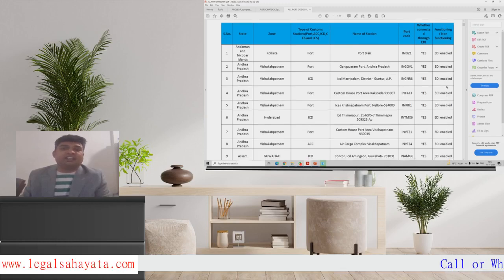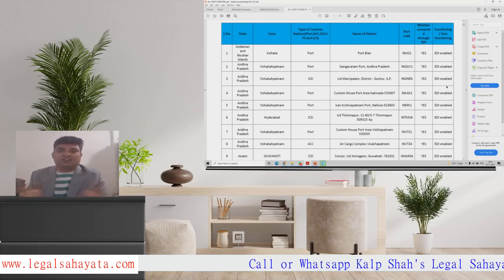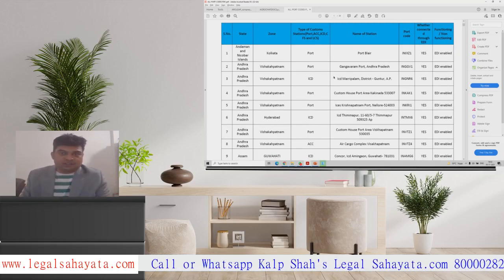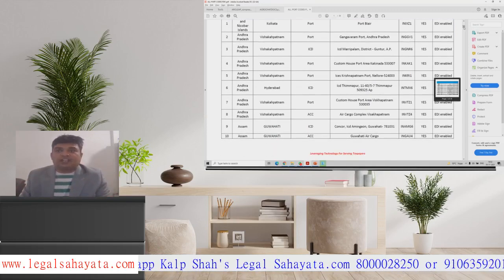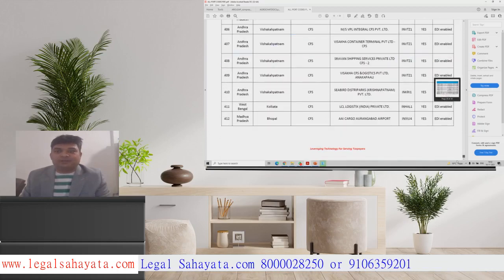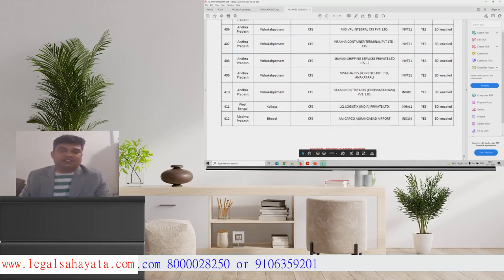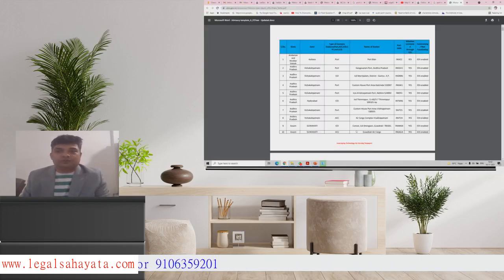If it is enabled, it should also function, it should also work. That's it. I will also attach this PDF in the description link so that it can easily be found by you.